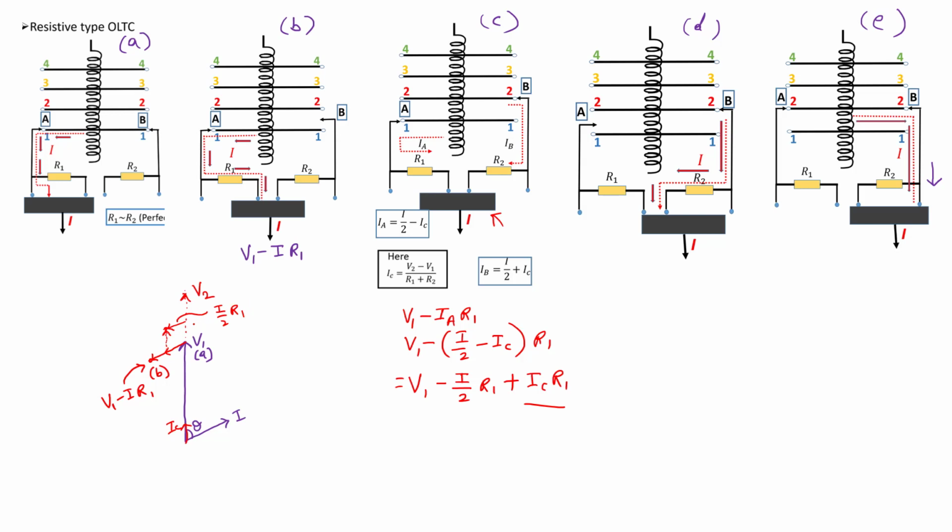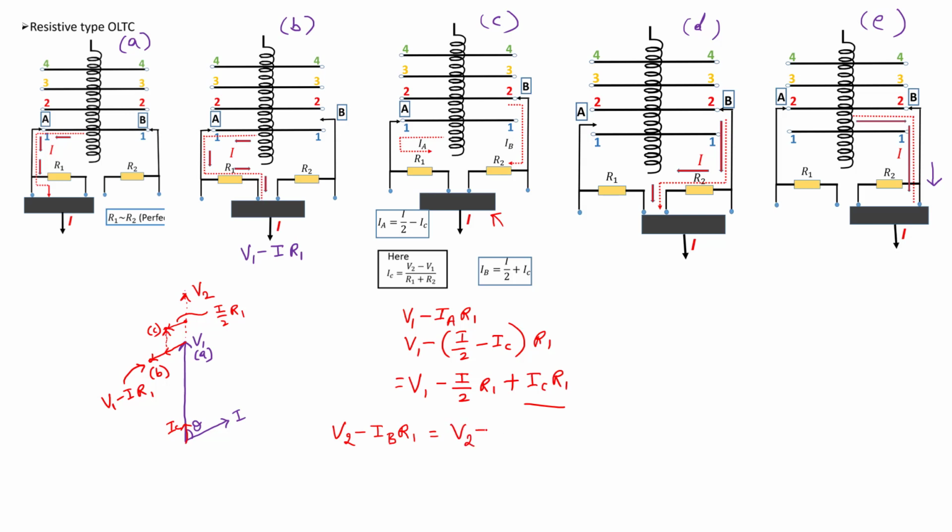Minus I by 2 into R1, of course, magnitude I am drawing. So somewhere here in the middle, if it is V1 and V2 middle, we have moved, the position has, this is A, this is B, this is C. So the same C can be obtained from V2 also. If you write from the V2 side, it can be written as V2 minus IB into R1 is equal to V2